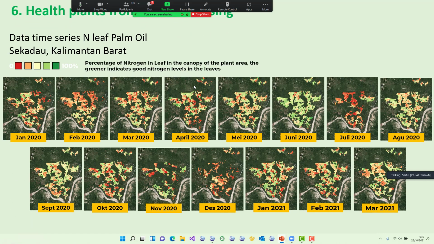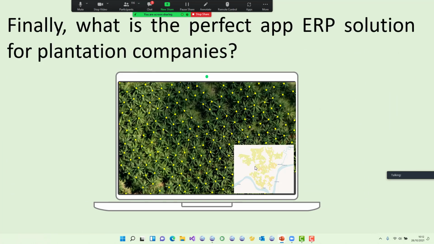So plant health, we got the percentage for one year to see the plant health, January to December and to January again. So finally, what is the perfect ERP application solution for a plantation company? I show you